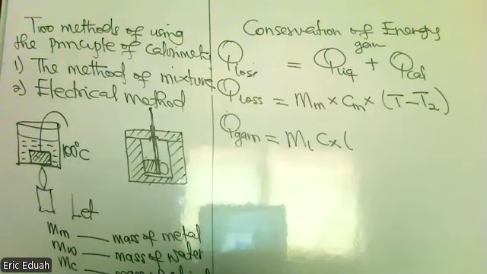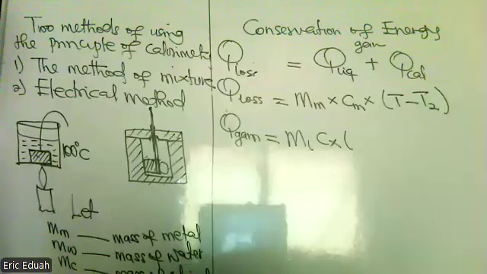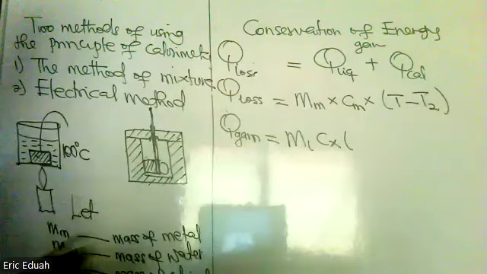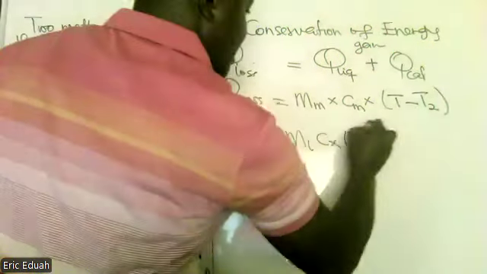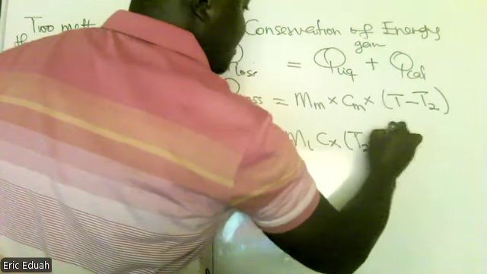Sir, please, you didn't give any letter representing the temperature of the liquid. Then who told you? I said let the initial temperature of the mixture be T1, and let the final temperature of the mixture be T2. Okay, let me take it up. Time isn't on my side. So it will be the final temperature of the mixture minus the initial temperature of the